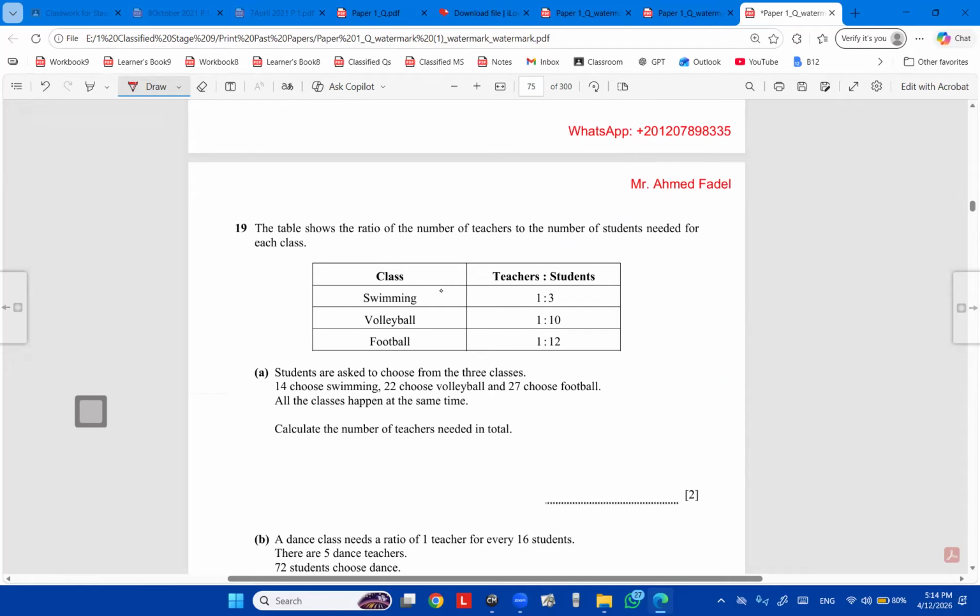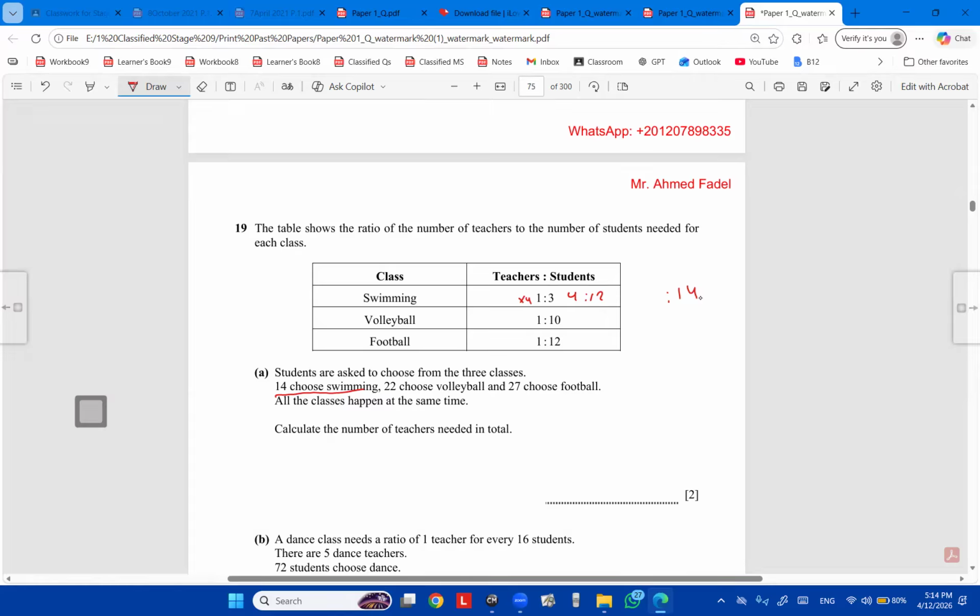The table shows the ratio of the number of teachers to the number of students needed for each class. Swimming teachers to students means here 1 teacher for every 3 students. But they're saying that there are 14 students that choose swimming. So if I must have 1 teacher for every 3 students, I need 4 teachers for 12 students, right? Yes,